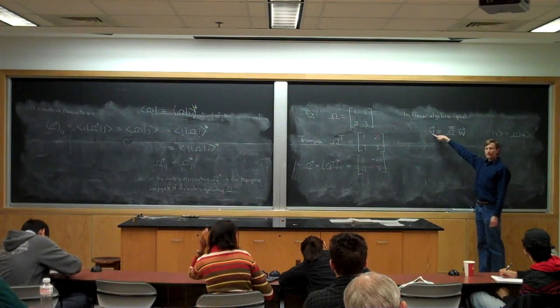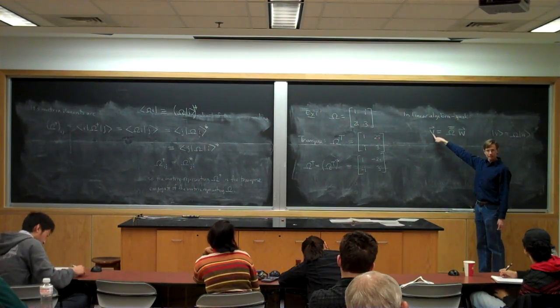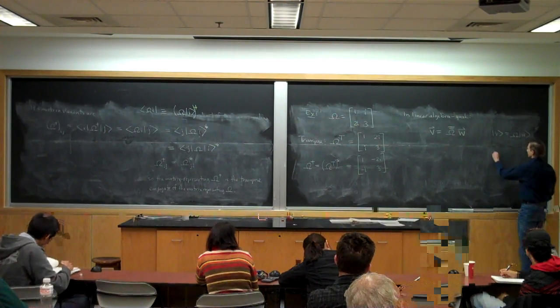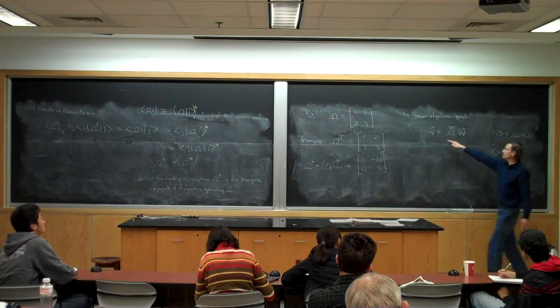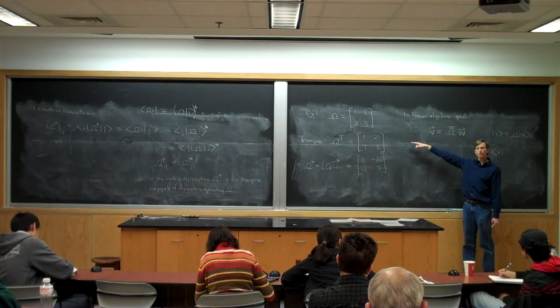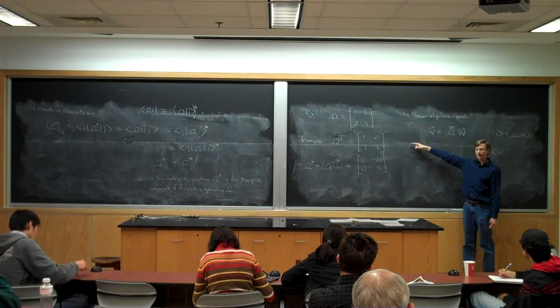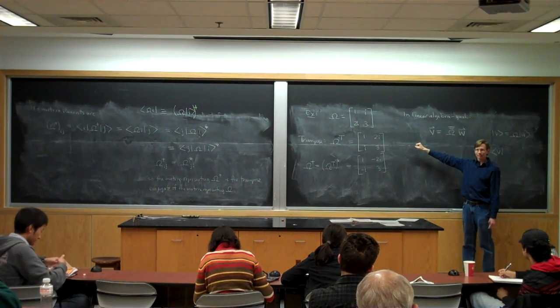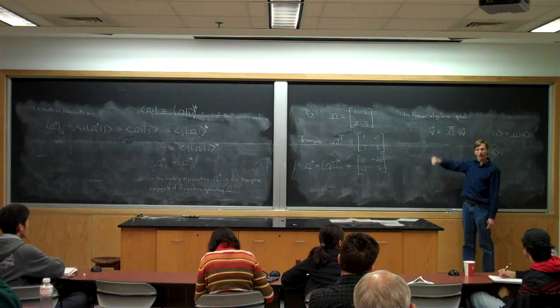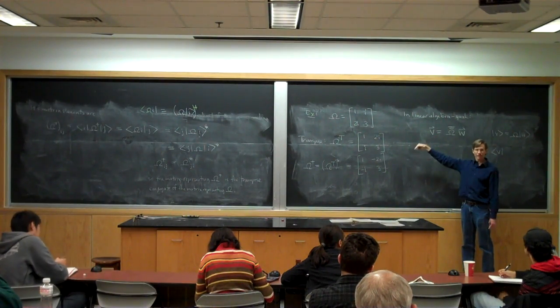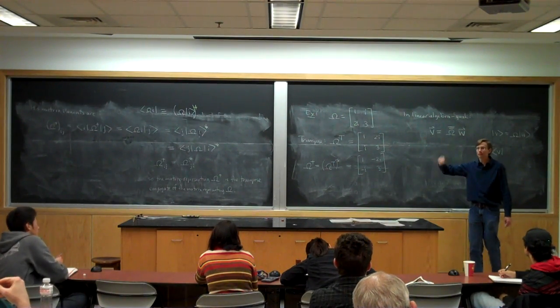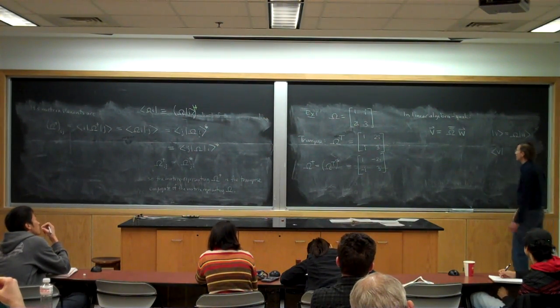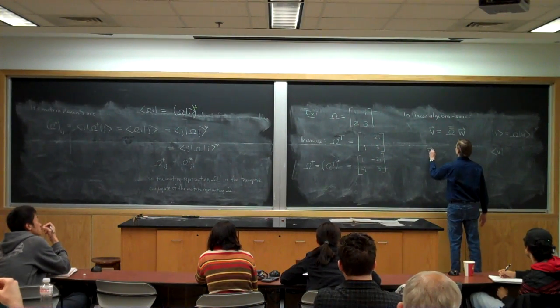So what do I do to make the column which represents the adjoint of V? If I want the column that represents V bra, what do I do to V? I turn it into a row and I complex conjugate. That is taking the transpose conjugate. Changing a column into a row and taking its complex conjugate is taking the adjoint. In matrix algebra speak, it's replacing it with its transpose conjugate. So in other words, if I want V transpose star,